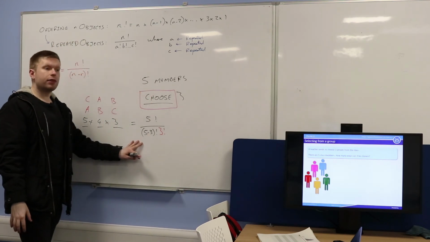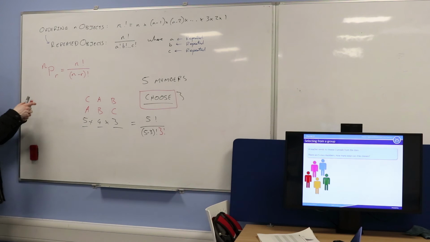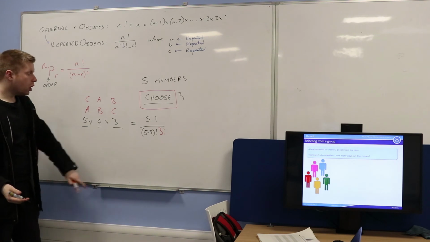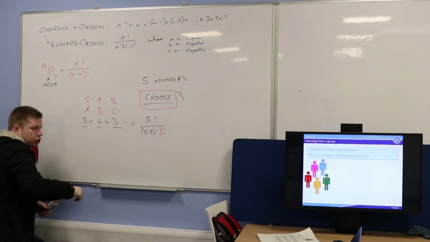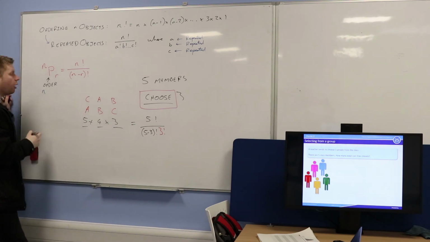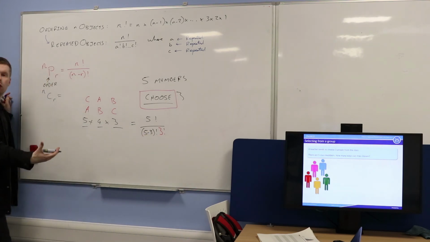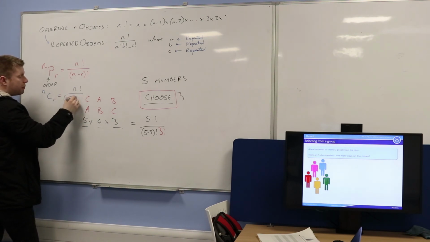So in which case, this is how we would do it. So in general, there's a distinction between a permutation, which is an order, and a combination, which is just simply choosing or selecting the objects, okay? So if I want to change this to a choose situation, let me do it in blue, okay? It would be n objects that I'm choosing from, so 5 members in a class, and I just choose those R people, so in this case 3 people, okay? And all it is, it's just that divided by R factorial, so it's divided by that 3 factorial for all those different arrangements. So it's just going to be n factorial over n minus R factorial, same as before,